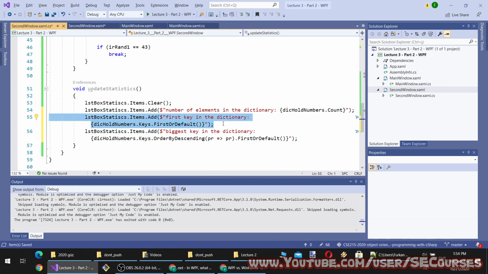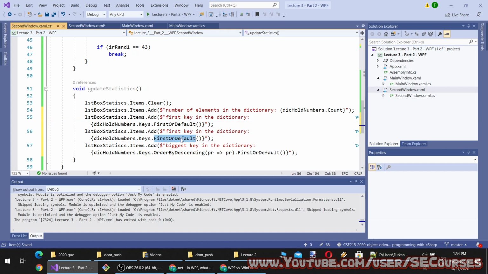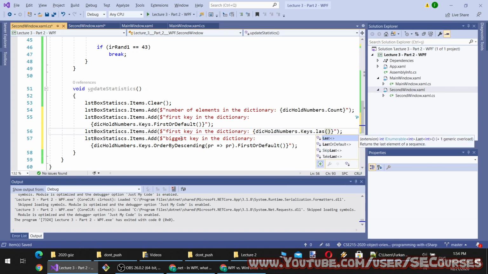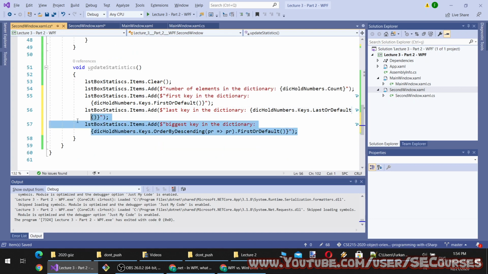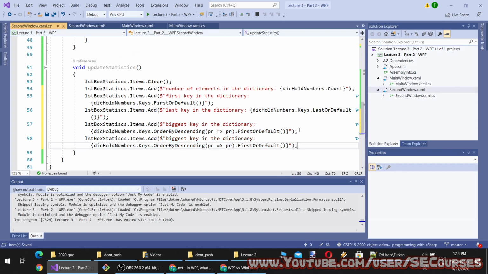Let's type the last key in the dictionary. Last key in the dictionary, biggest key in the dictionary, and then I will add the smallest key.